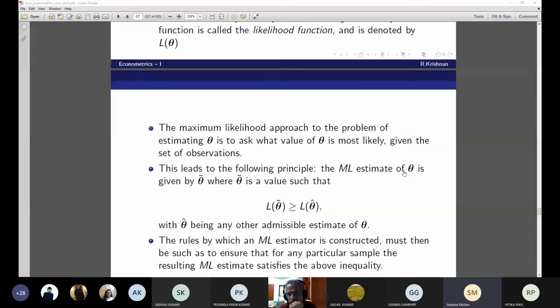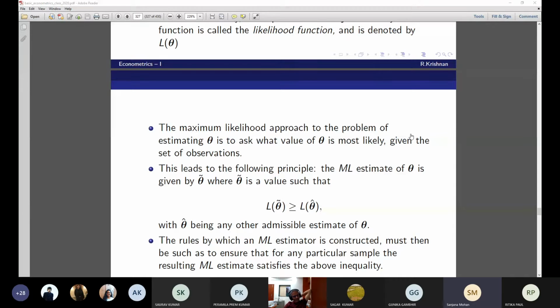Yes, sir. Do you follow the difference between likelihood and the density function? Yes, sir. What is the difference? So in the likelihood function, we basically take the random sample values as given, so they are fixed, and then we try to find the value of theta which would most likely give the random sample values. And in the joint density function, we try to find the probability of getting those random sample values given theta.